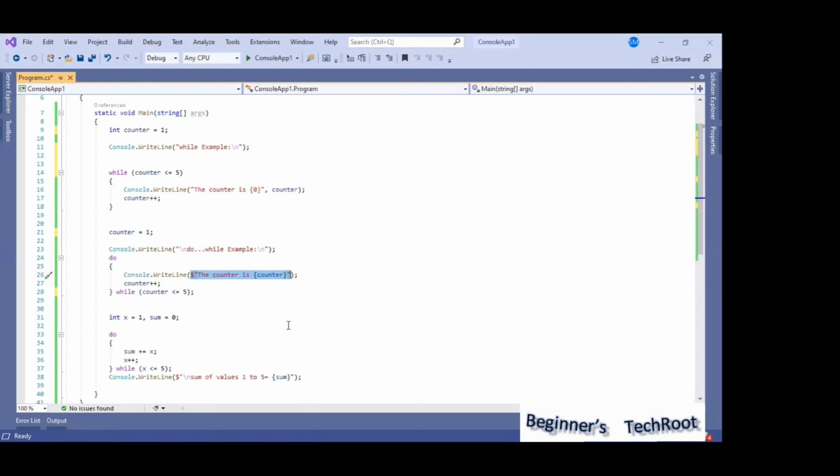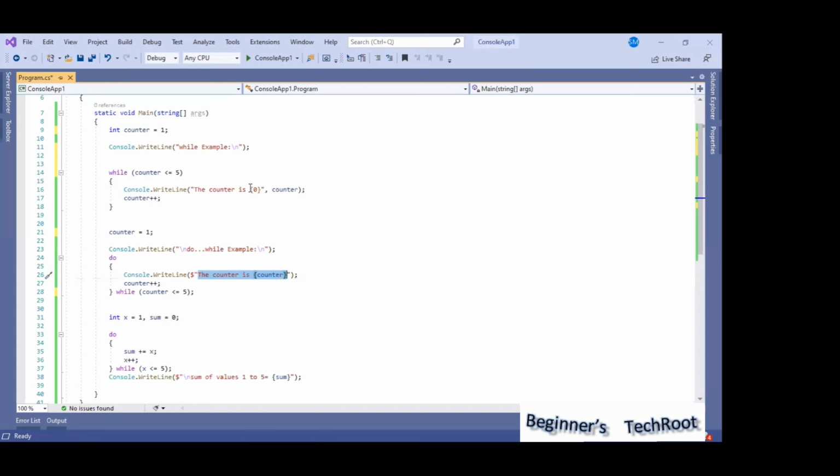Even in an earlier example I gave this in a previous class. The same I am showing once again for you to understand the difference, how we can use it. I am just writing here once again Console.WriteLine. Here we need to observe the dollar symbol. Here we don't have a dollar symbol. Here we are keeping a dollar symbol. This is important to write in this way to substitute the variable value in the string.